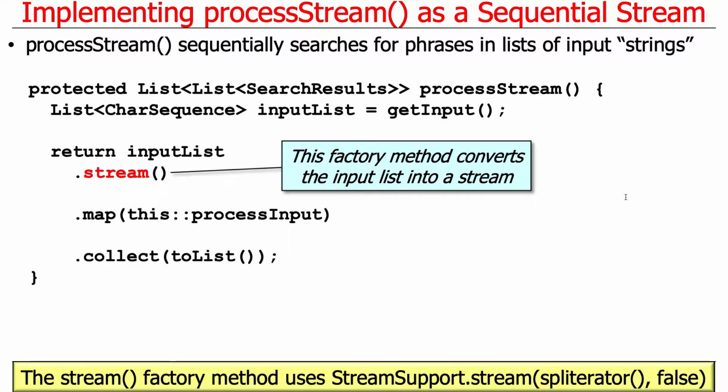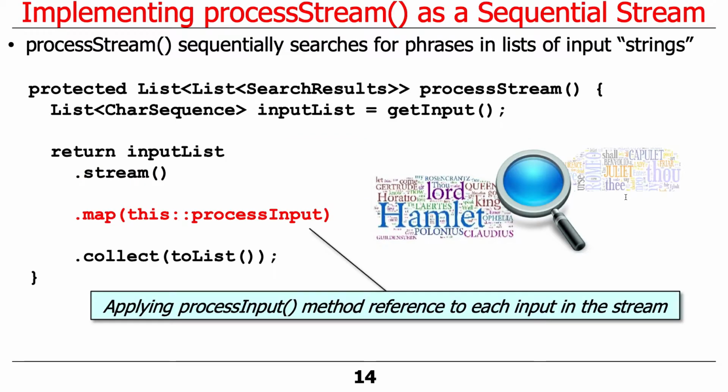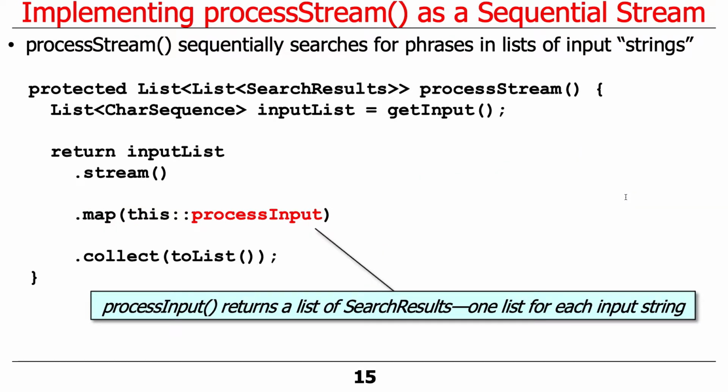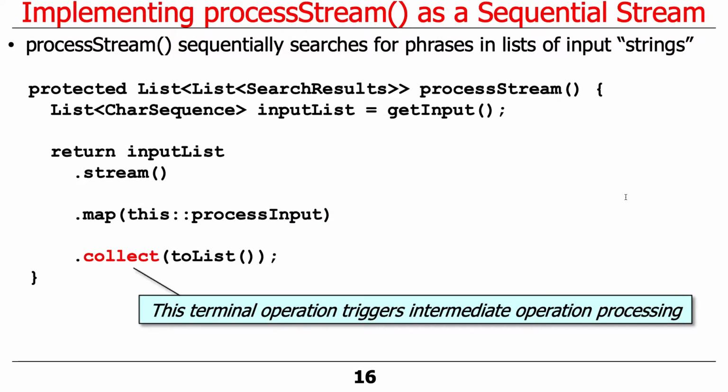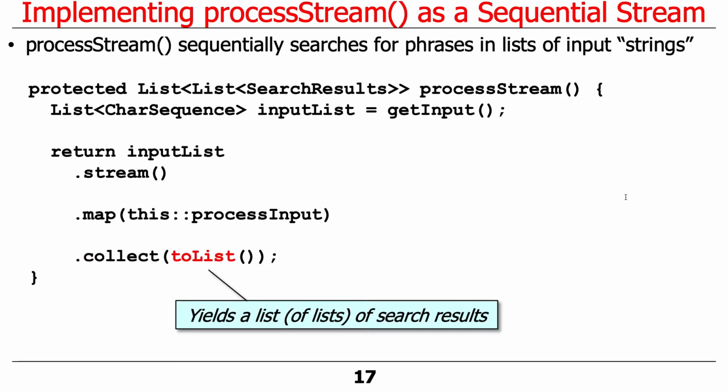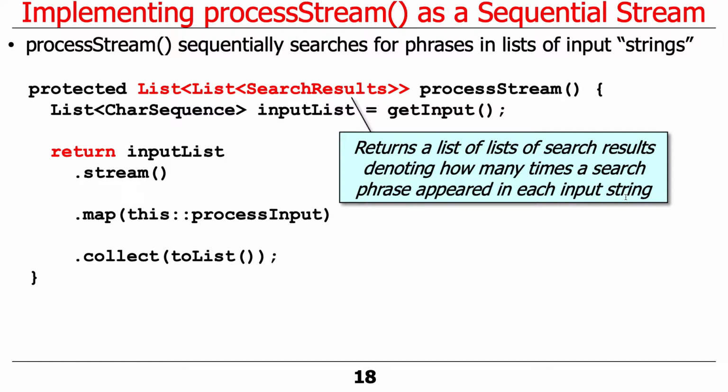The factory method converts the list of character sequences into a stream of character sequences. We call the processInput method, which is a method reference. We'll look at that in a second. That takes each input string and searches for phrases. And then we take that and we collect that into the list. Keep in mind that processInput returns a list of search results, one list for each input string. We call collect. That triggers the processing of these intermediate methods and the factory method. And then we get a list of search results coming back here, which is returned as the result of the